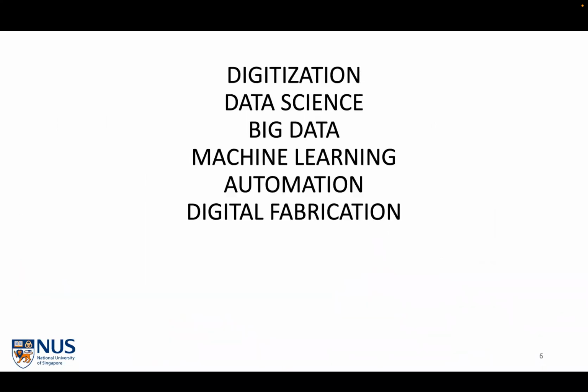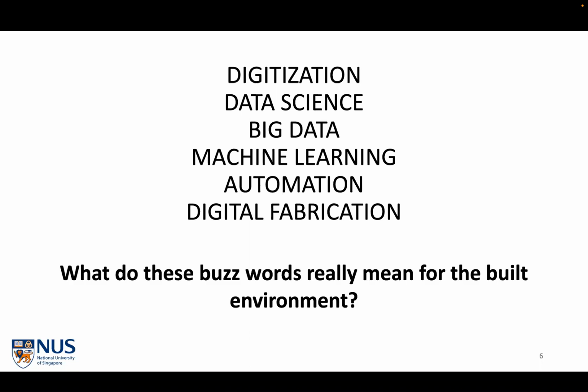So building upon coding skill in general, here are the buzzwords, right? These are the things that you read about when you read the news or anything about data science, big data, machine learning. I should add ChatGPT to that, or whatever the new techniques are out there. These are all buzzwords. We hear these a lot, but what do they mean for us? What are some of the things that we can learn from these applications of these concepts in other industries?